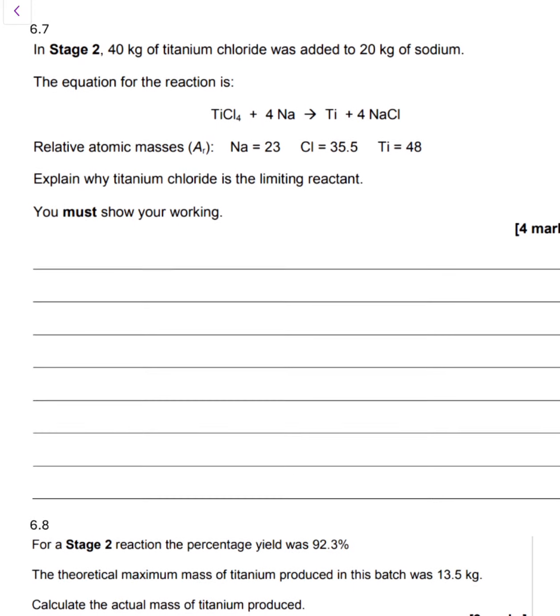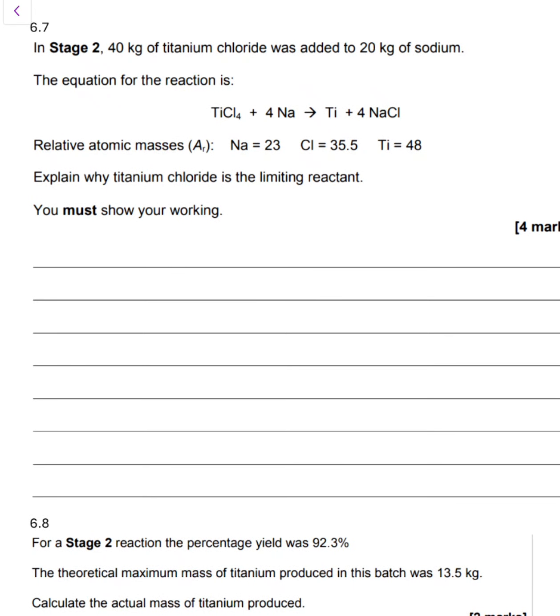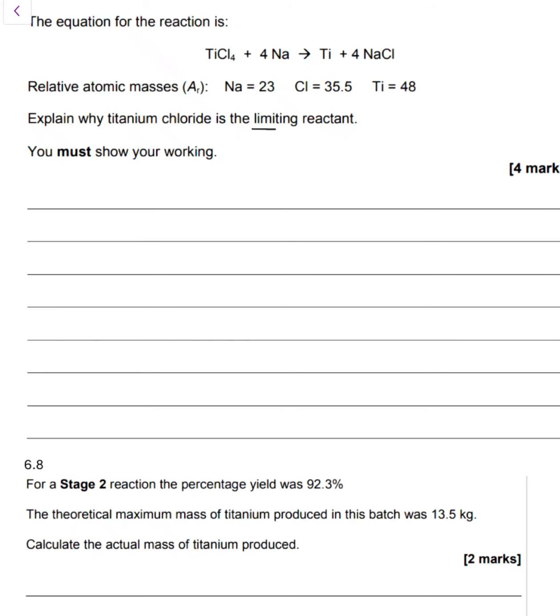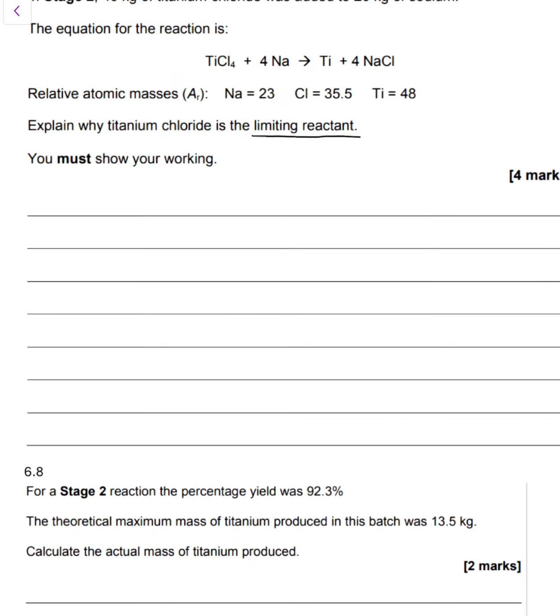Question 6.7, the big maths question. Now, this is a very important question for how we lay it out. So we're going to lay it out very carefully. Explain why titanium chloride is the limiting reactant. So when we're looking for a limiting reactant, we're looking for the one that does not have enough moles to